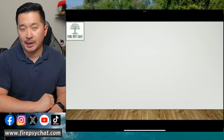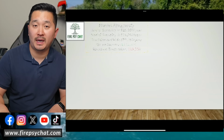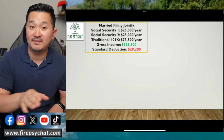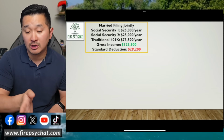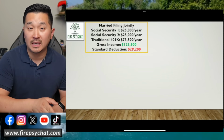So what if you're retiring as a married couple filing your taxes jointly with both a traditional 401k and a Roth 401k? Assuming that you're married and filing your taxes jointly during your retirement, let's say you're going to collect $25,000 a year for each spouse from Social Security and $40,000 a year combined from your traditional 401k and your spouse's traditional 401k. Your total gross income is going to be